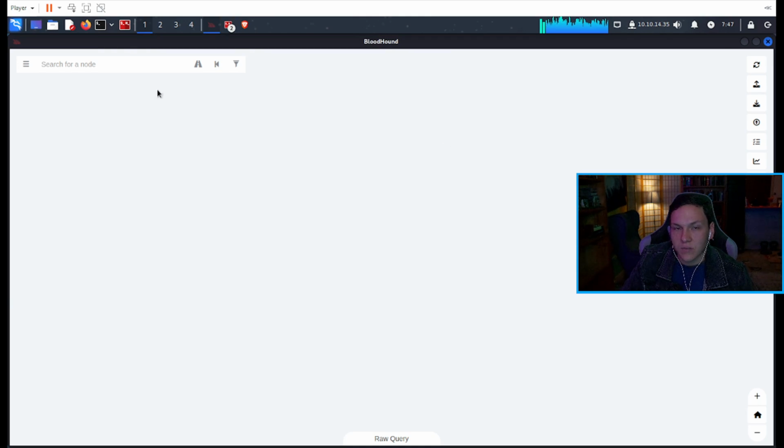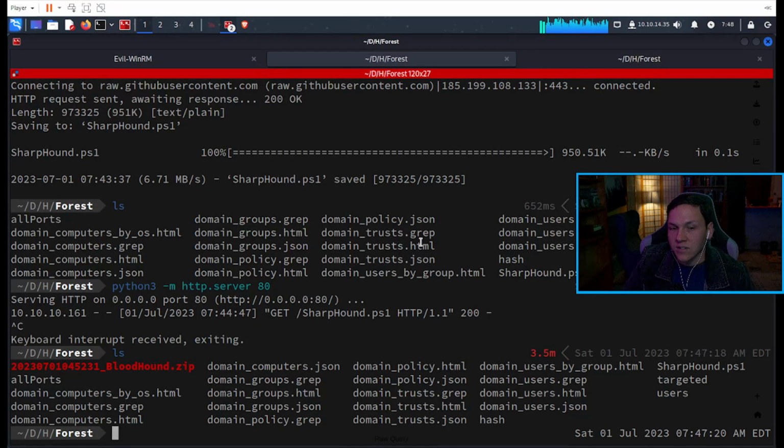Do I need to extract it first? Is that my issue? Yeah, so I used a modified version of Sharphound, mainly because I was told that it didn't work like the other version. I haven't tried it myself. This is probably something I should have done. I should have gone and tried it. But the reason that I was told to use this version was because... Yeah, no, apparently it still doesn't work. I was hoping, honestly,